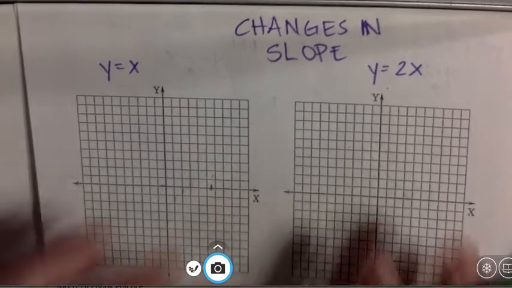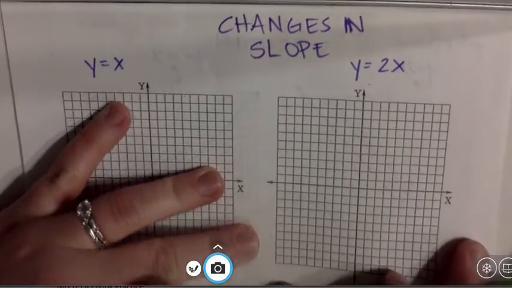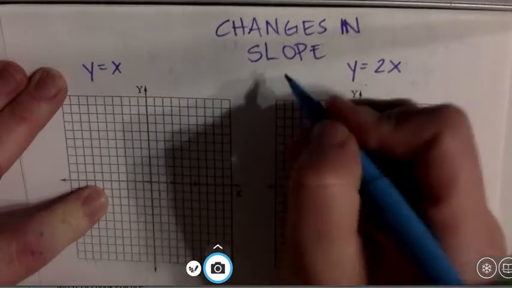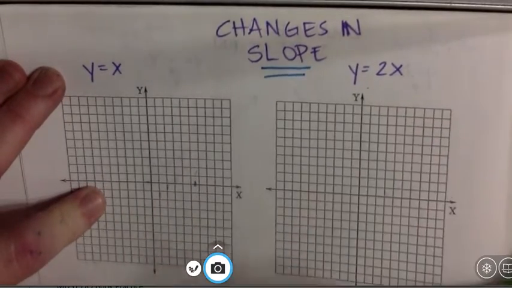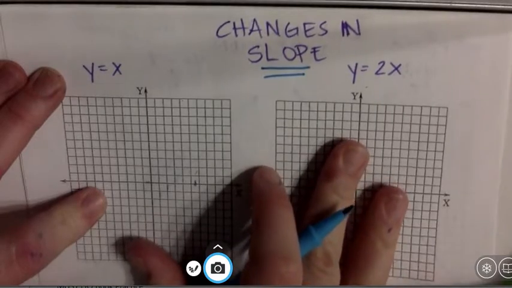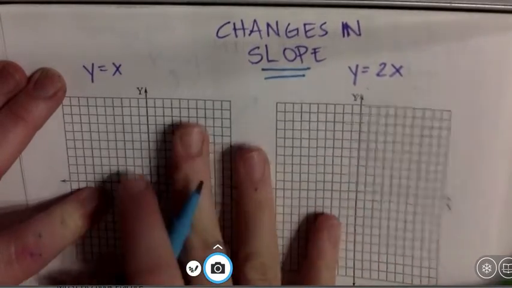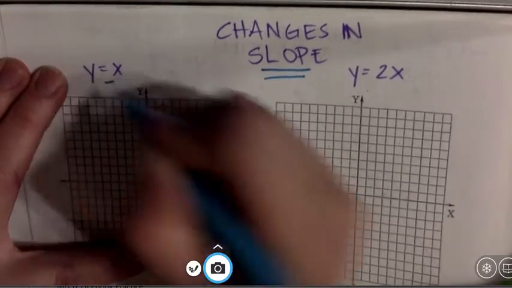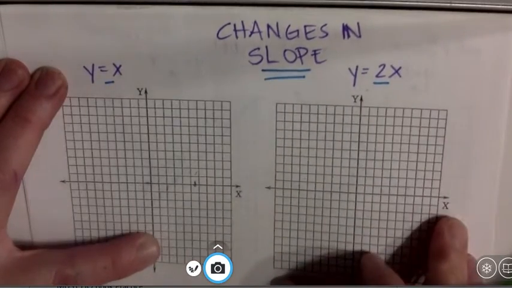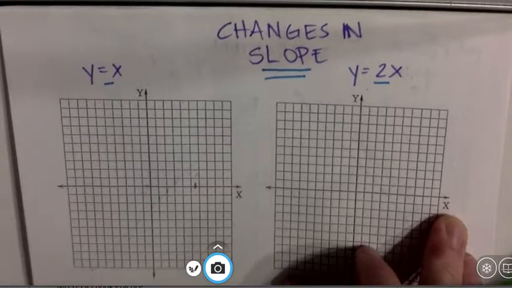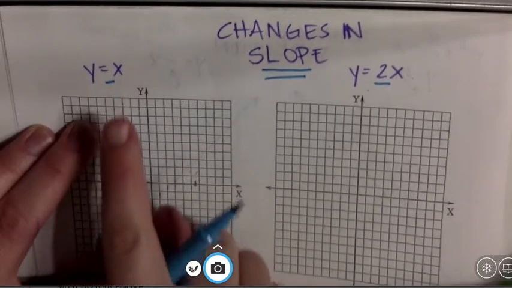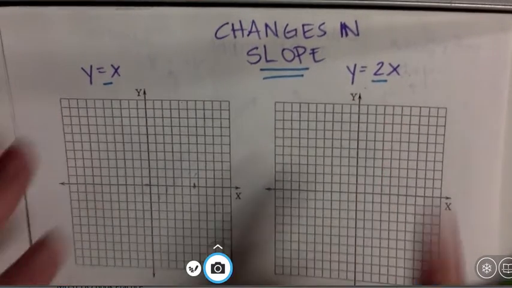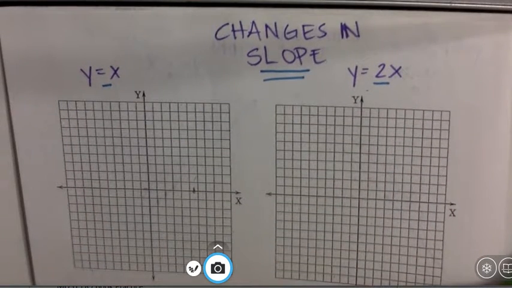1, we are going to look at changes in slope. So this is the second video in our lesson. This is reflecting just the number for slope, not talking about it in terms of a positive or a negative value. So we're just looking at the number, the m, and not looking at its positive or negative sign. So we're going to compare y equals x versus y equals 2x and look at how the changes in slope